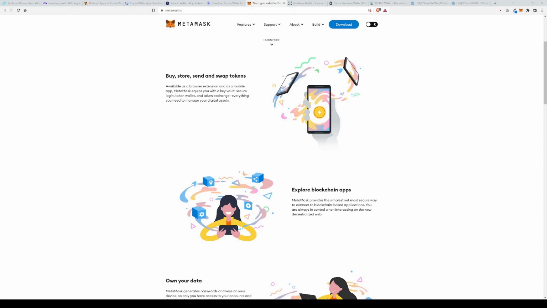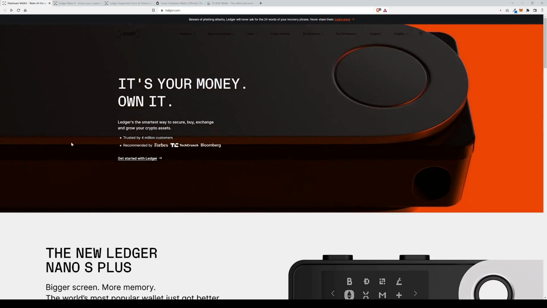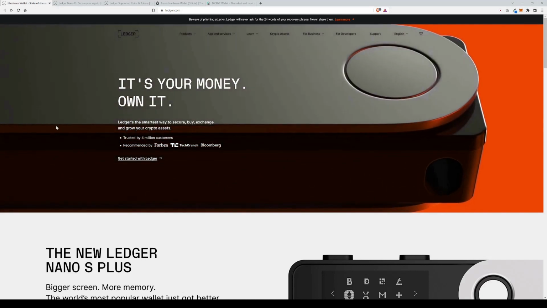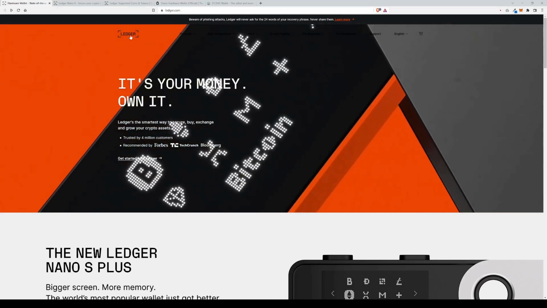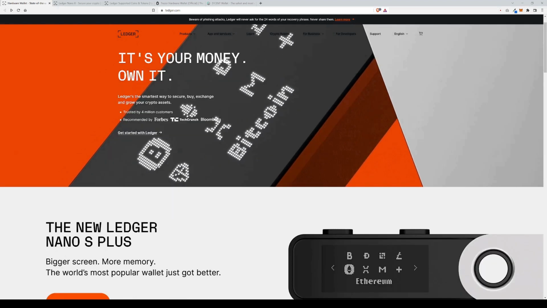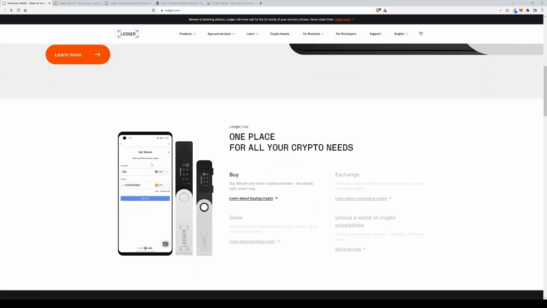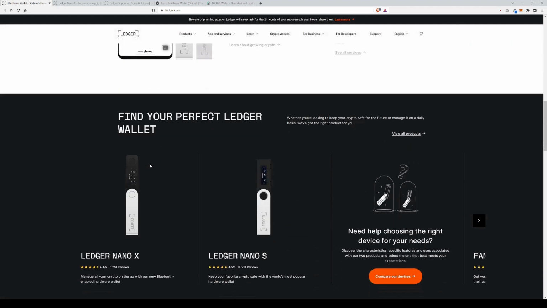The next ones that we're going to get into are the ones that I think are the primary ones that you'd want to use on a regular basis, and that's going to be the hardware wallets. Okay, so now let's take a look at these cold storage hardware wallets, the most secure wallets that there are. All right, the first one that I have here is Ledger. Now, Ledger is probably the most popular one of these that there are, and I actually use it myself.